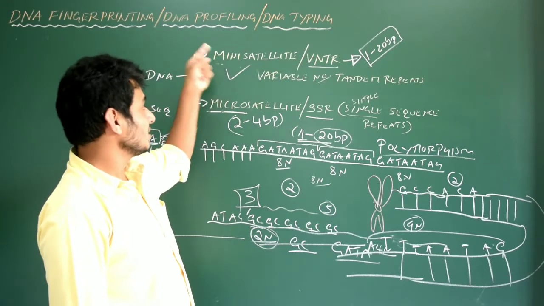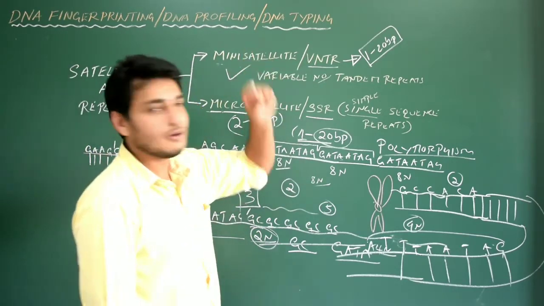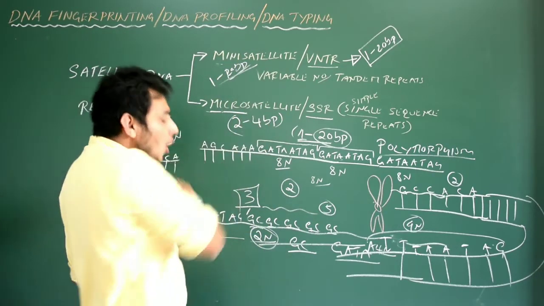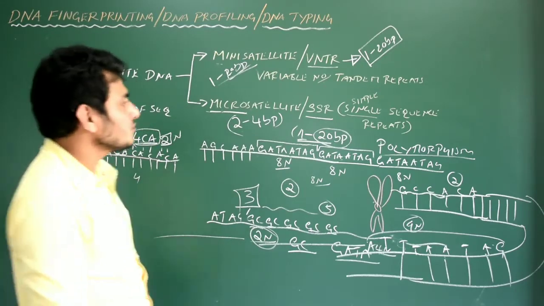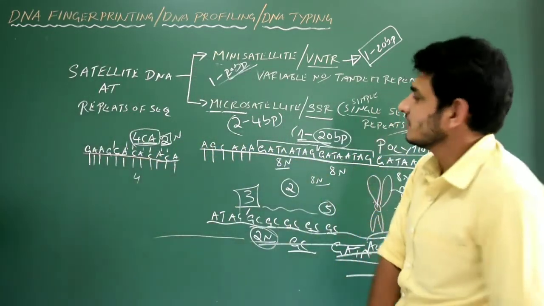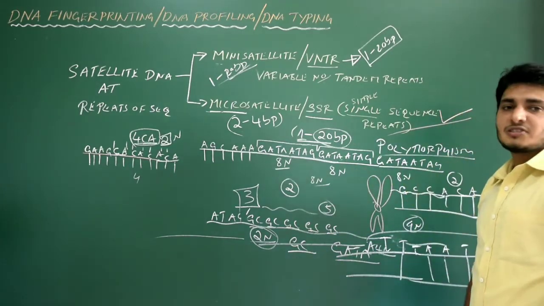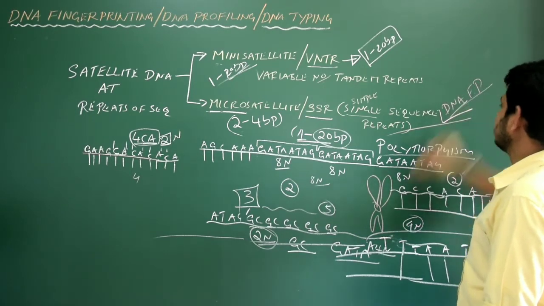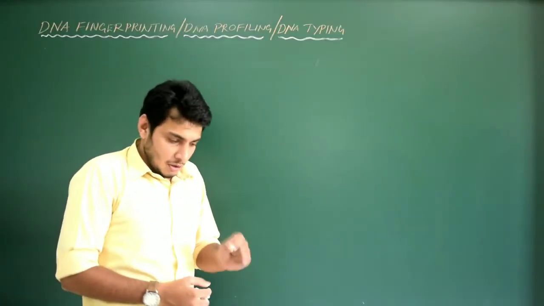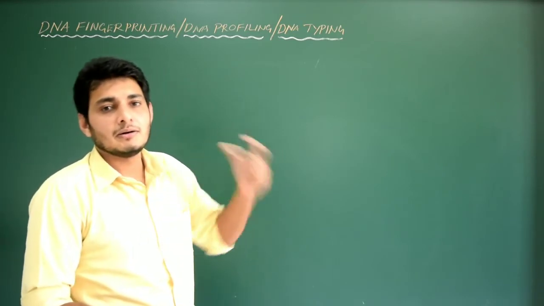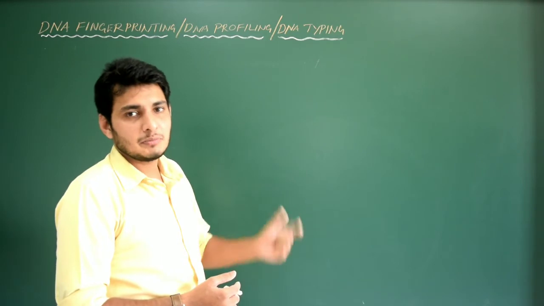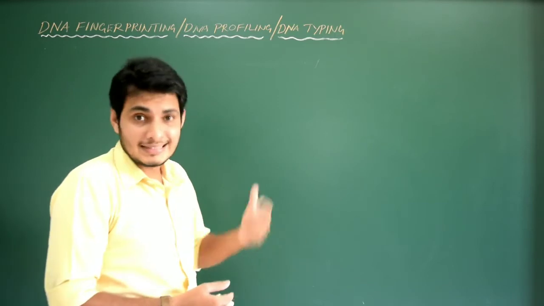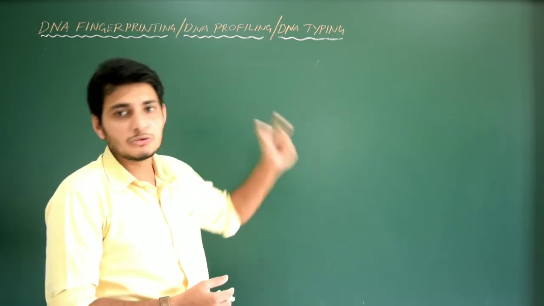So I cannot put this in the microsatellite section. I have to put it in the minisatellite section, that is nothing but variable number tandem repeats, that normally contains 1 to 20 base pairs. Out of the two satellites, which is useful in DNA fingerprinting? The microsatellite, or simple sequence repeats, are useful in DNA fingerprinting. Please note this. Now hope you understood the difference between micro and minisatellite. Microsatellite is nothing but SSR, which is used in DNA fingerprinting, whereas the minisatellite, or VNTR, is not used in DNA fingerprinting.